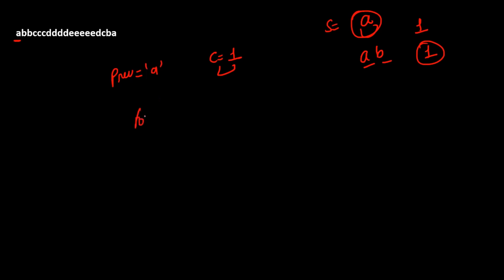Now we are simply going to take a loop initializing it from 1. Why? Because this is our previous one, we have already seen this. Further we'll be checking that if we encounter a character that is similar to that of prev, then we can increment the value of our c, right? Also one more variable we need to maintain is the maximum value, which we can call res. So i runs till the length of this particular string.